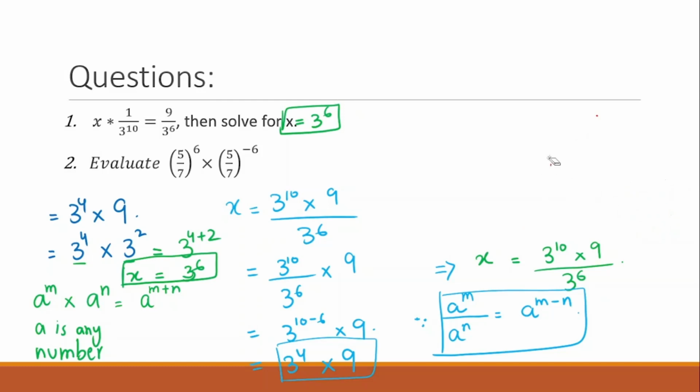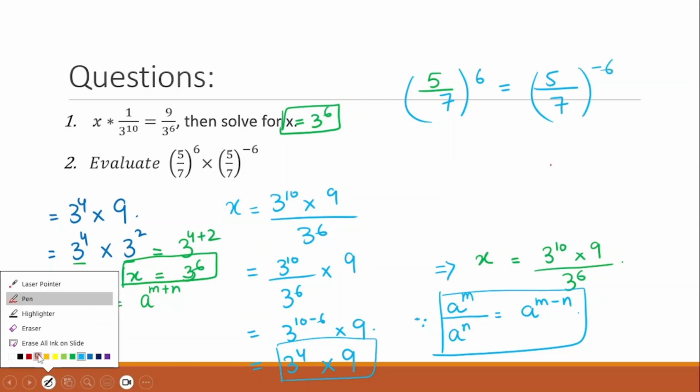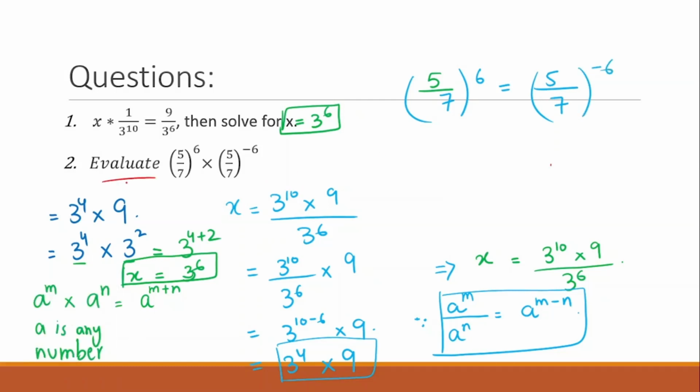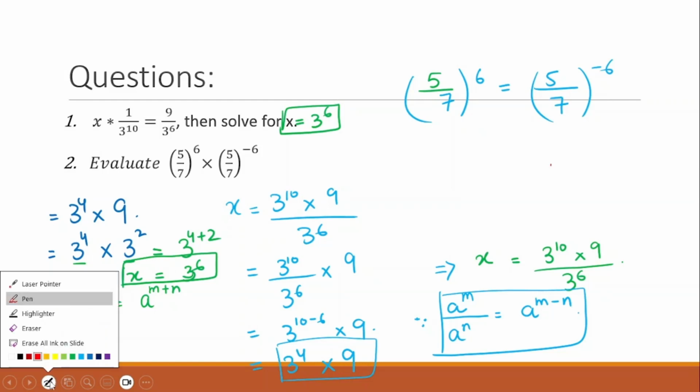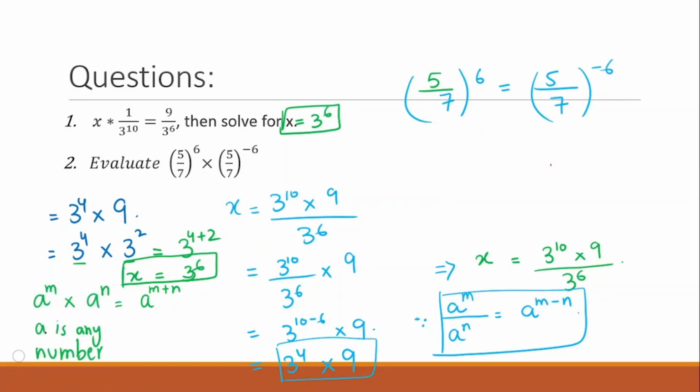Okay. So first of all, the question is (5/7)^6 multiplied by (5/7)^(-6). In this case, we just have to evaluate this. It means we just need to simplify it. So when I simplify this, let's say (5/7) to the power, sorry,